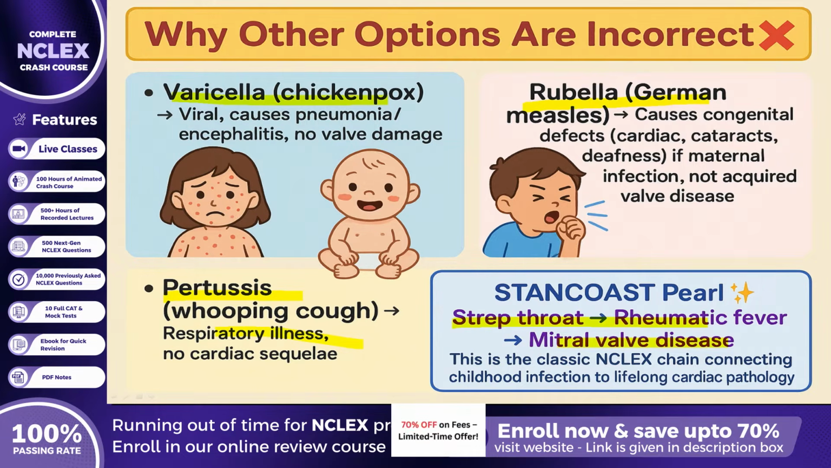Remember this high-yield chain. Strep throat in childhood leads to rheumatic fever, which then progresses to mitral valve disease. Other childhood infections may have systemic consequences, but only rheumatic fever leaves behind the lifelong legacy of chronic valvular heart disease. Let us now move into a high-yield